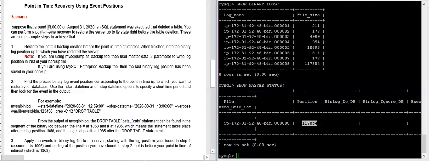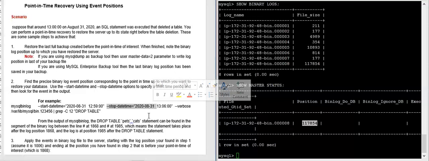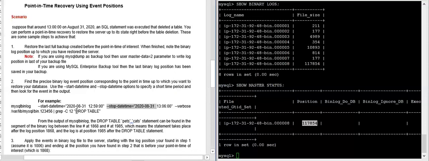Like suppose it is 13:00, and I can put here 12:59. And the stop time, like the current time, is up to which time you want to recover. This way you can see the position of your drop table. We'll do it practically.